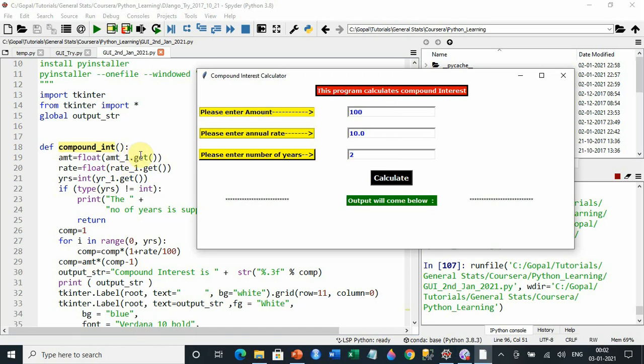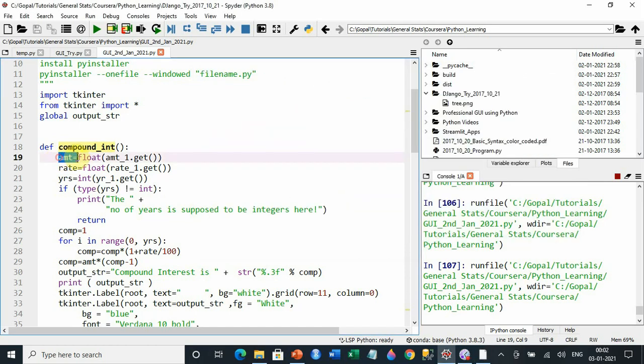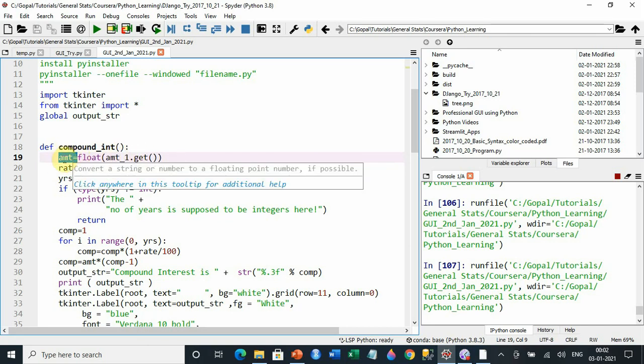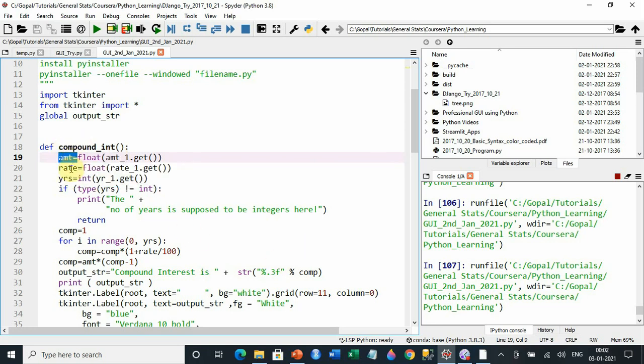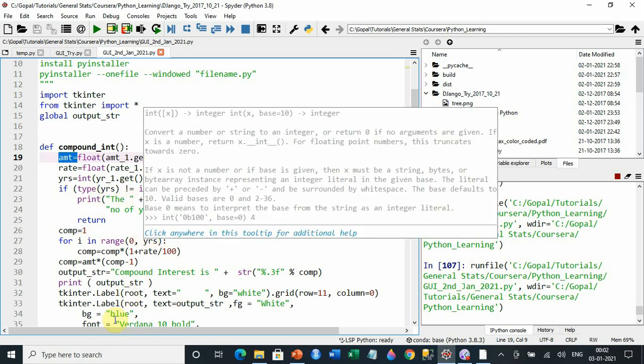So amount1.get gives whatever value comes into this particular variable. One care you need to understand here: you cannot use amount_1 because that field is already defined. If you use that, it will give you an error. So you have to have some different name. That's how you define the variable which takes the value, and after that it's simple stuff that you know for sure. I'm assuming that you know the basic stuff of how to write a small